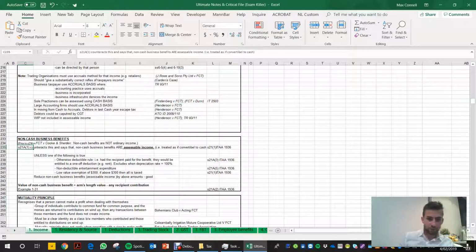For example, they might give you a voucher, and that would be assessable income provided it doesn't fall under one of the following rules. So, number 1, the otherwise deductible rule, section 21A(3). If the recipient had paid for the benefit, they would be entitled to a one-off deduction. So, for example, if you have a professional fee for your chartered accounting, and your employer reimburses you for it,